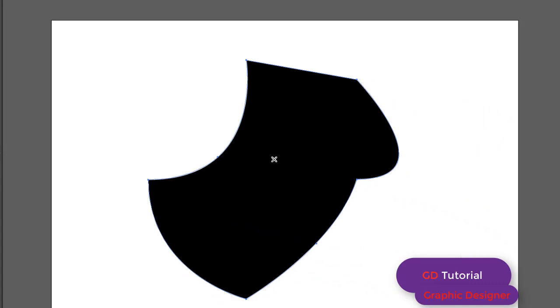So basically with the pencil tool, I just start anywhere on the shape, on the outside, on the stroke part of it, and I just start drawing, and I end on the stroke or the outside of the shape. Again, when I let go of the mouse, it's going to convert that into what I just drew. So basically you're reshaping